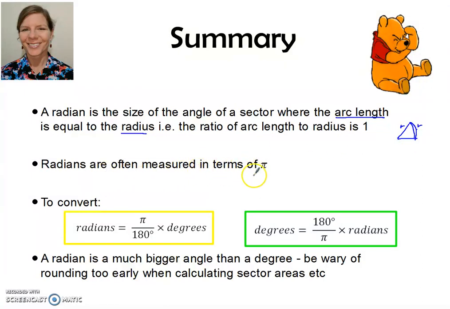Radians are often measured in terms of pi, so we think about exact values. Make sure you keep that in mind. These are your conversions. You should be able to do these in your sleep with one hand tied behind your back. So get familiar with switching between them. And yes, just be wary that a radian is a much bigger angle than a degree. So don't round too early, or you will end up getting a rounding error and losing marks through a rounding